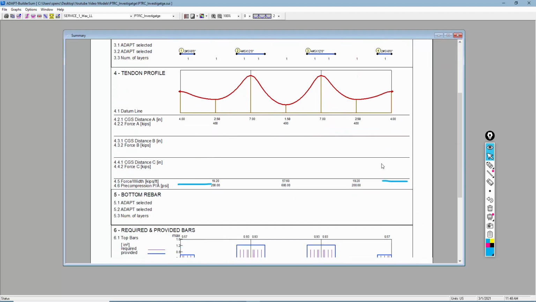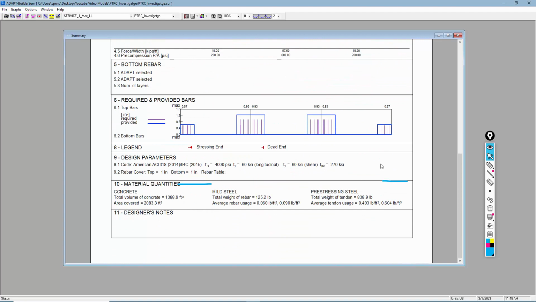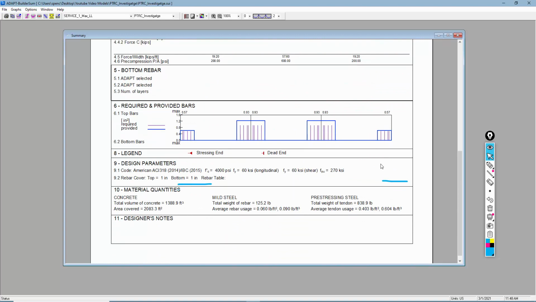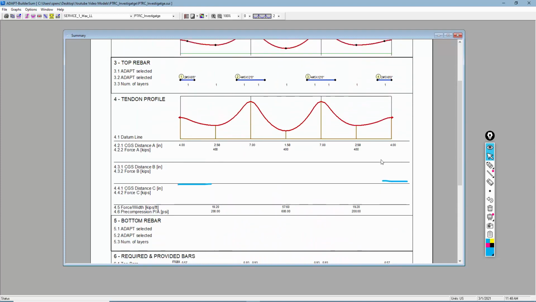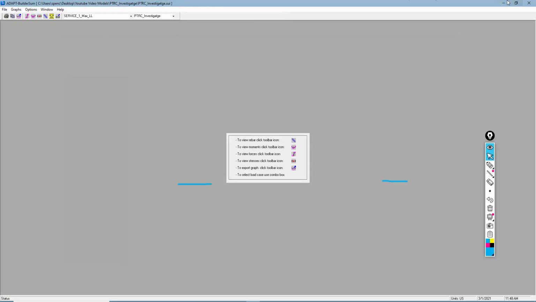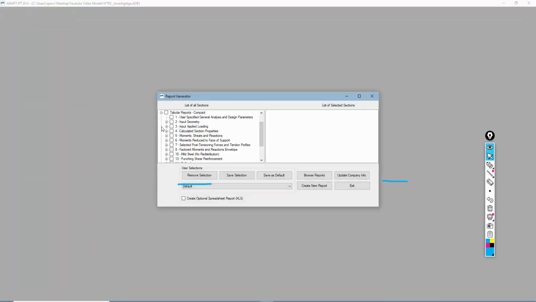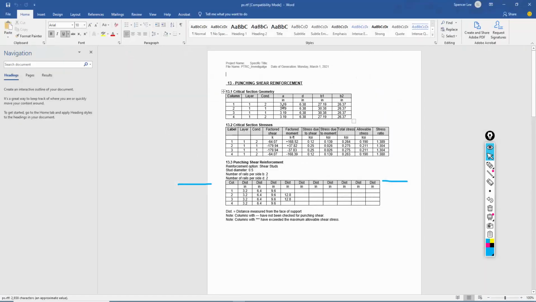There are also punching shear results as needed by the user if you have a need for determining the punching shear within a slab. You could do that also. Let's go back to this result here. And for punching shear, the user may be interested in the compact report 13 or the detailed report 30 for punching shear, and the user could produce again these results in tabular format, and this gives more information on the condition and the requirement for each particular column. So you can see the stress ratios are pretty high here,